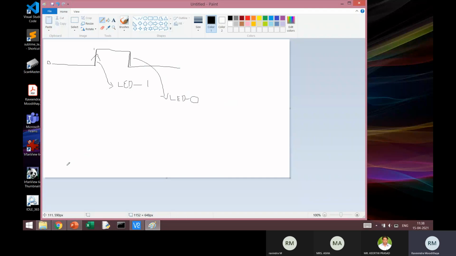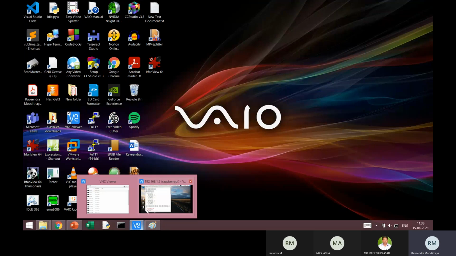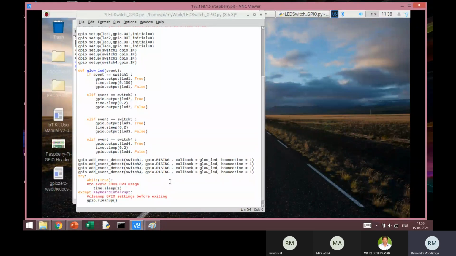Now, this program is a little cumbersome in the sense that it is a little longer. The next code that we'll be seeing with the GPIO Zero library is very simple and very easily understandable. I want to do both of them for the sake of clarity and also to show that there are two libraries you can work with.